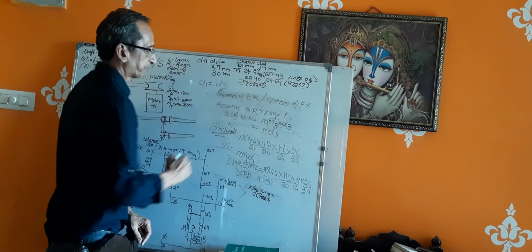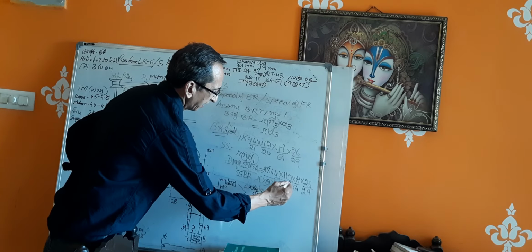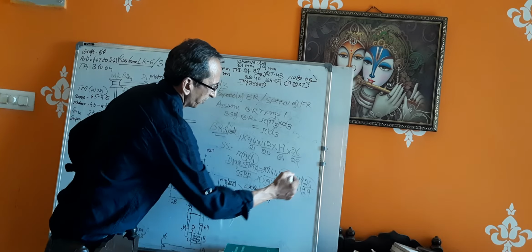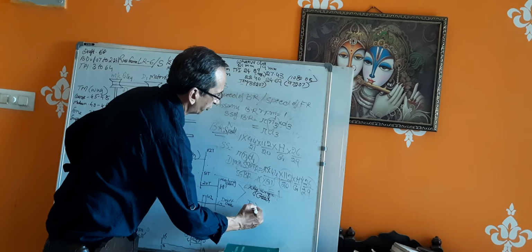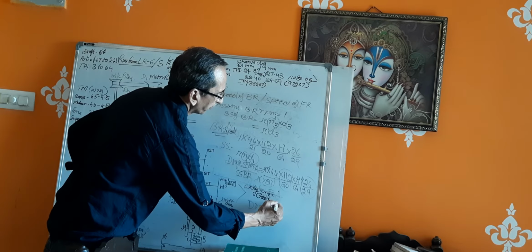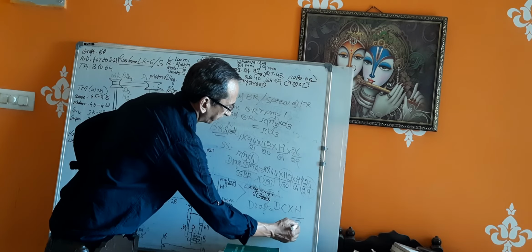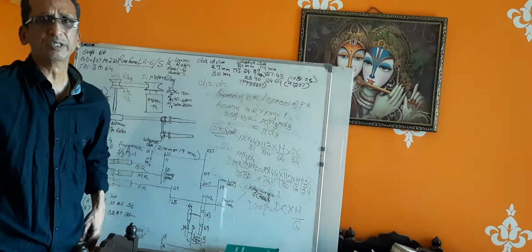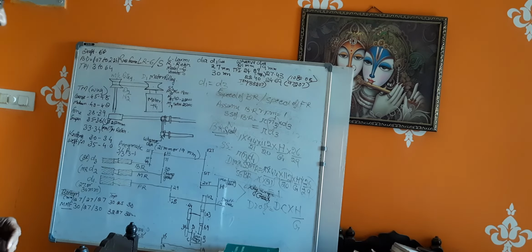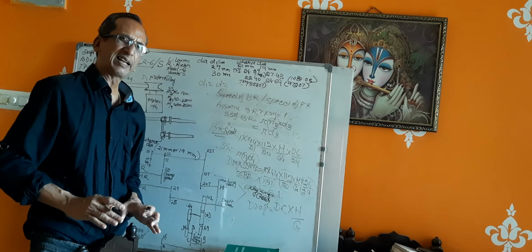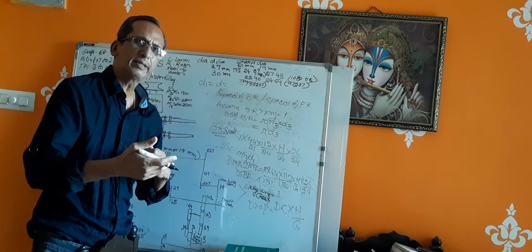So from this there will be a constant, and this is called: draft is equal to draft constant into H by G. So this is a combination of the gearing diagram. So friends, this is all for today. I hope that by simple calculation you can find out the draft constant and the drafting.